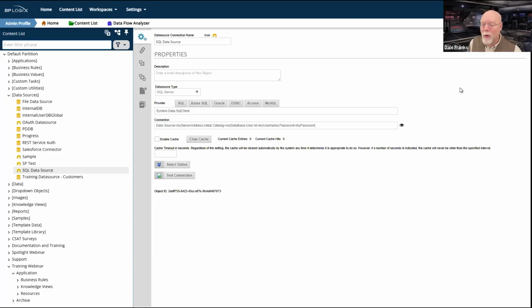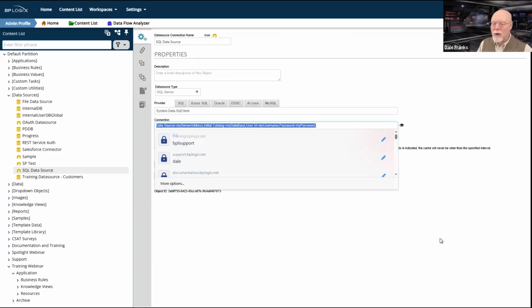So I don't want to pass that configuration to this external database from dev to prod. Also, this connection string on dev is going to be different than the connection string on prod because I want to look at dev data. And that's another reason why in most cases, when you import a data source from dev to prod, you're going to need to go in and reconfigure this, because I'm now going to need to reconfigure it to look at real data rather than